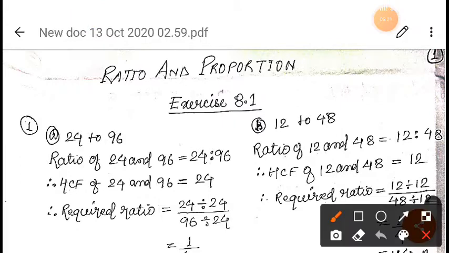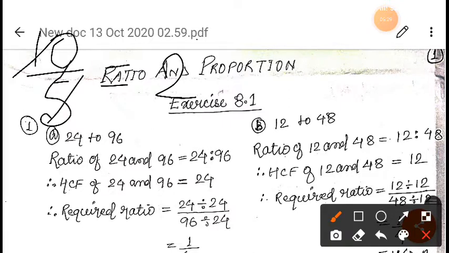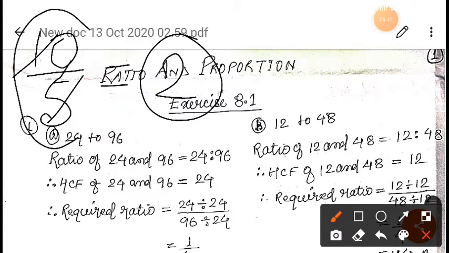You can compare by dividing also. Suppose the total was, you have got 10, your sister has got 5. When you cancel this, you will get 2, right? So you can say that you have got 2 times more pencils than your sister. So here the comparison has been done by dividing.